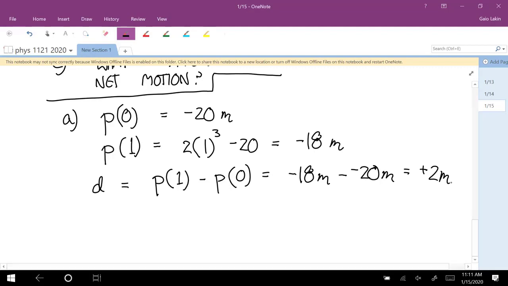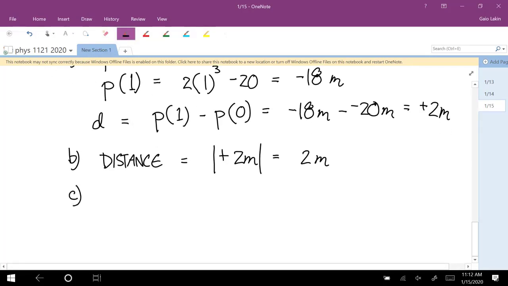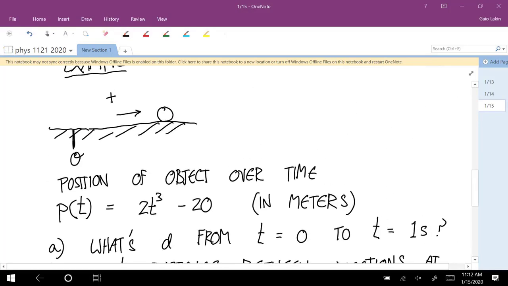Okay, so what's the distance between those two locations? The distance is the absolute value. So again, that's 2 meters. And the net direction, well, it's a positive sign, so it's moving in the positive direction. So now back in the real world, the world where this object lives, the positive direction is to the right, so the arrow is to